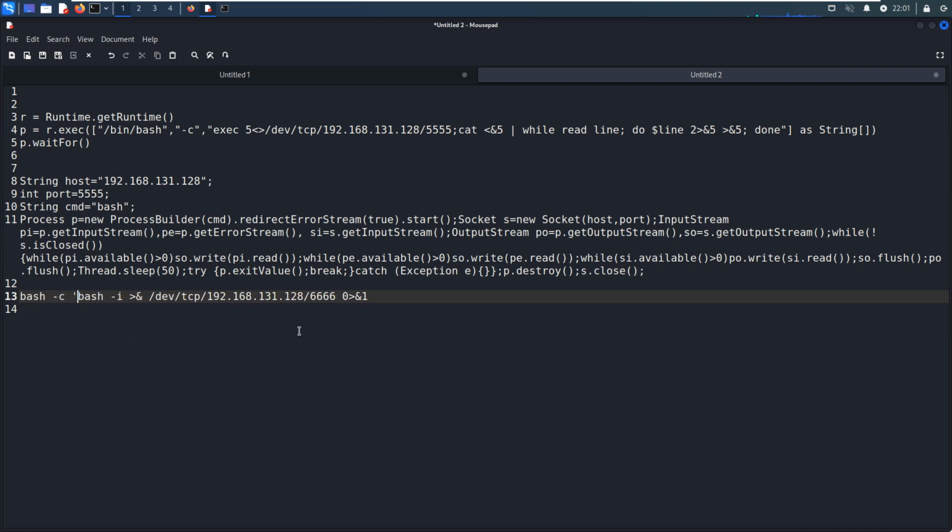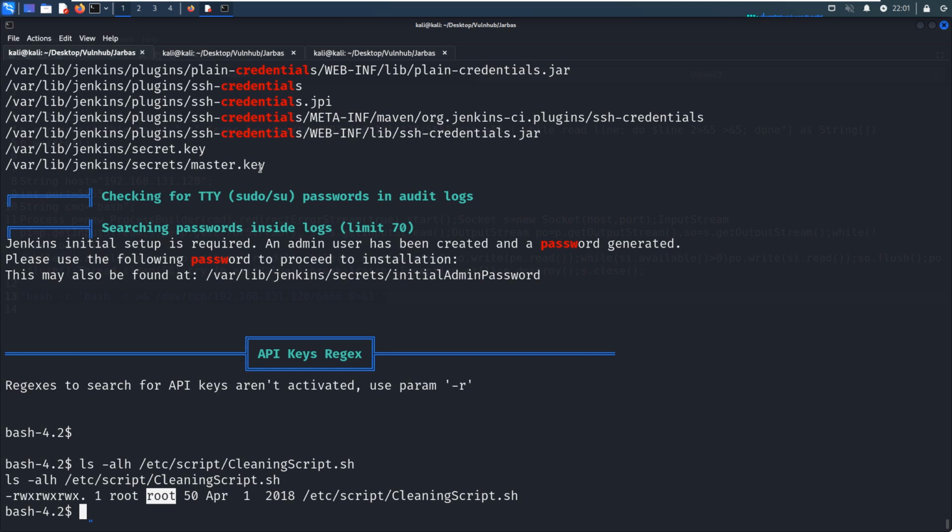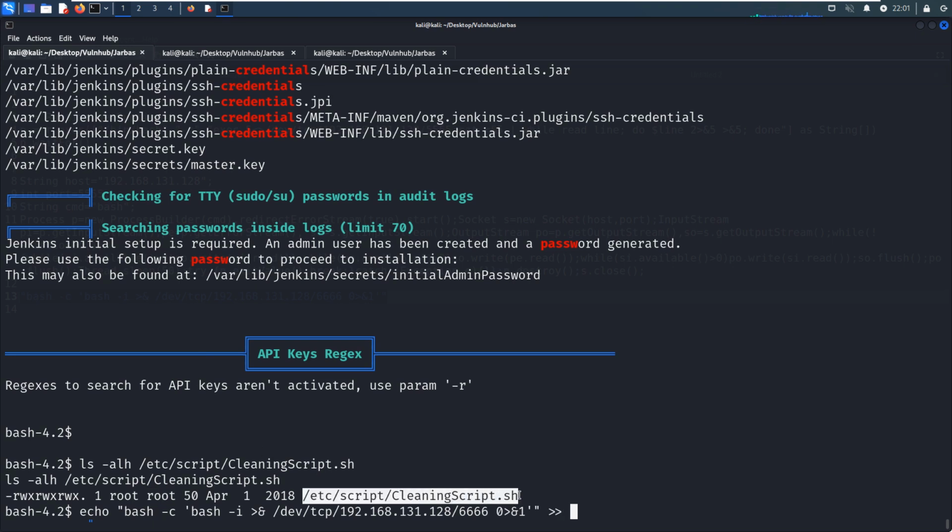This normally will be better. We can use double quotes. And then we can copy. We can echo and append it to this script.